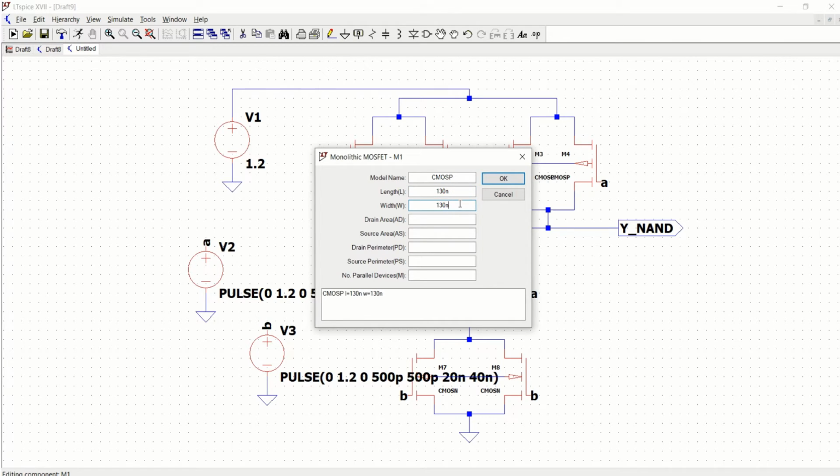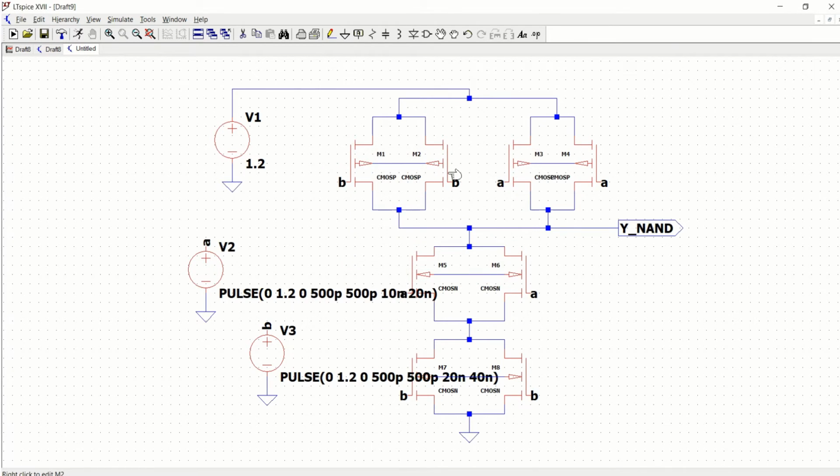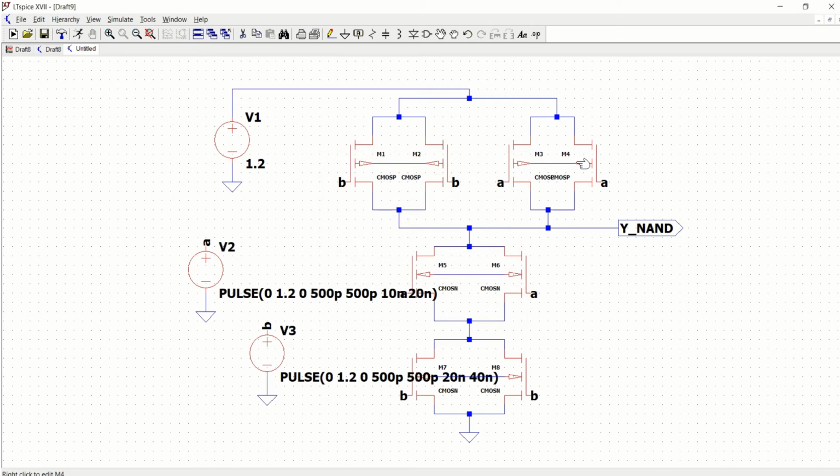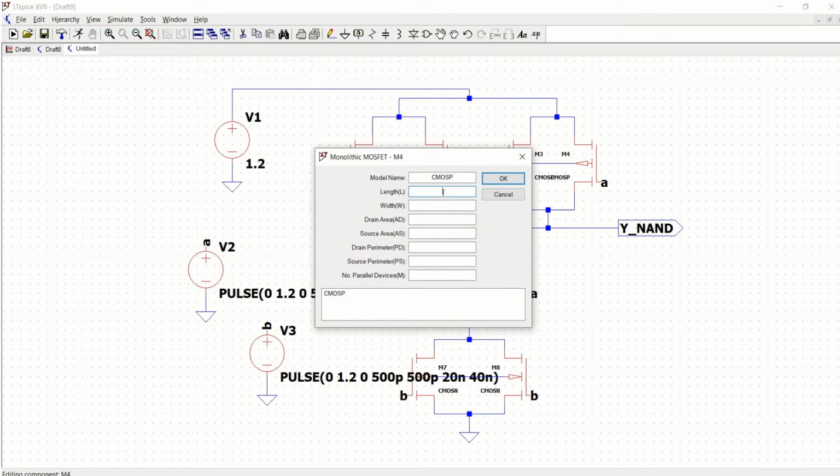Since it is a digital operation, you can set the value to default. So for all of these transistors, I'm setting the default value to 130. So set the value to 130. Next, these two NMOS transistors also, I'm setting the default value as 130.